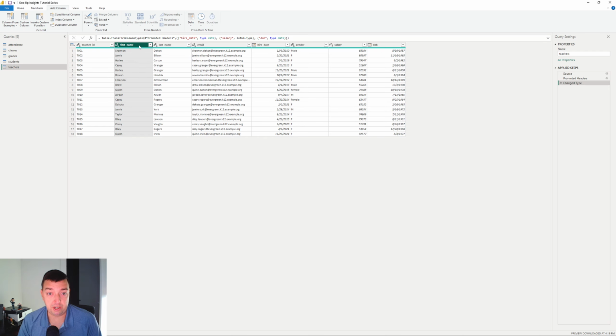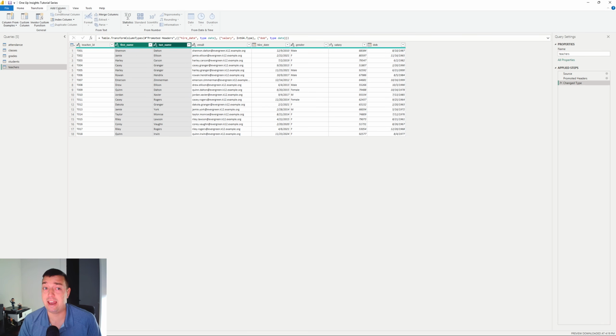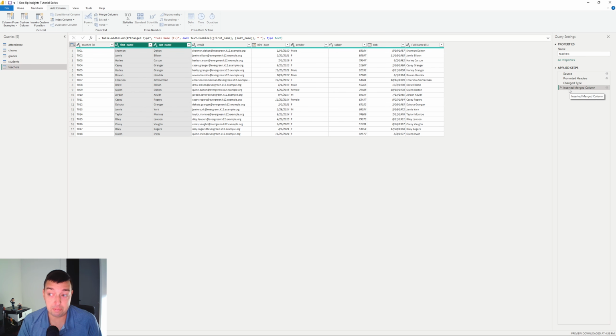Probably the easiest way to do this right off the bat is to select the first name and then hold your control key and select last name, so both columns are highlighted. Under this Add Column tab at the top, there is a Merge Columns button, and we just select that. We need to choose a separator. This could be some type of punctuation sign or a space or a tab or even something custom. In this instance, we're going to choose space and name the new column full name, and then we're just going to say FL for first last. That's indicating the order it's in. Now you'll see a new applied step has appeared here on the right,